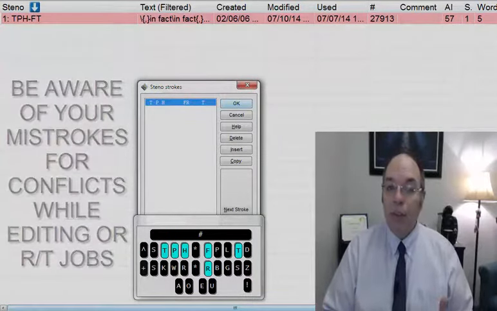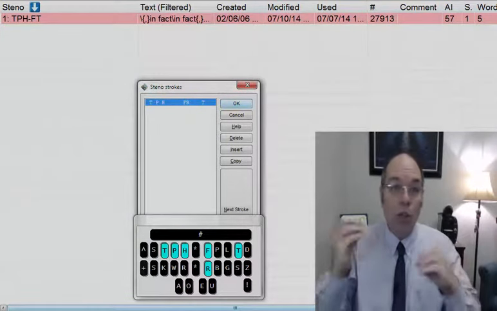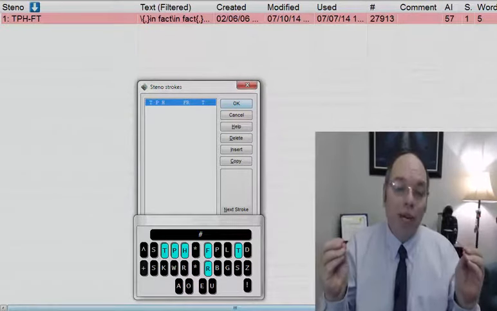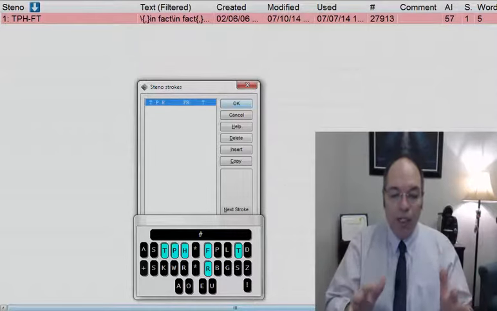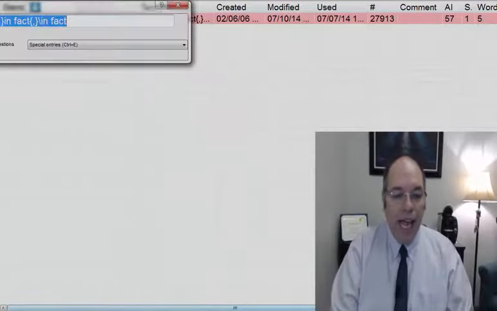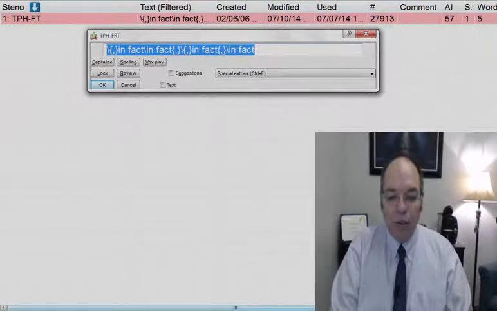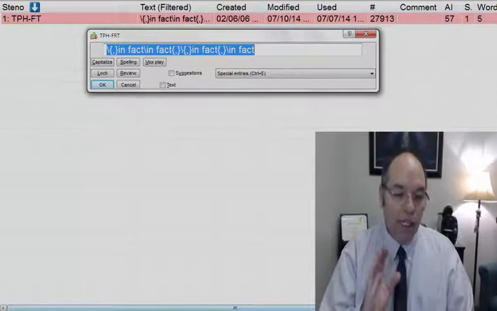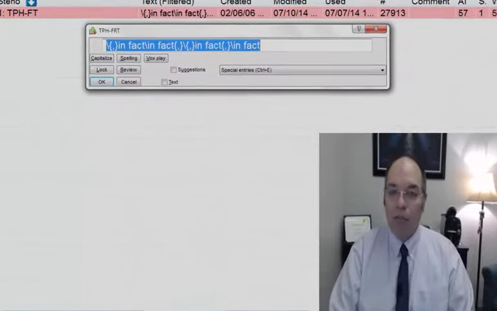Well, I don't want to have to put in that string conflict again in my dictionary and have Eclipse learn all those rules all over again. It's not an efficient way of writing or of using your software. So here I've got NFRT and I hit enter, and Eclipse has guessed right. It says, hey, do you want to put this in your dictionary? Well, I do. I do want to put this in my dictionary, but not in this way, with that bad